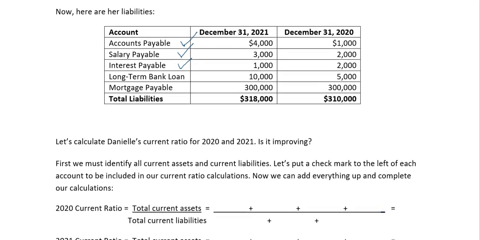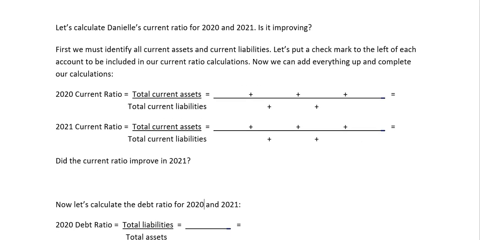Now we're in a position to calculate Danielle's current ratio. And after we calculate the ratios for 2020 and 2021, we can decide if it's improving. So we're going to fill in everything we've identified as a current asset up in the numerator of this equation for the current ratio. We will have $1,500 in 2020 for cash,